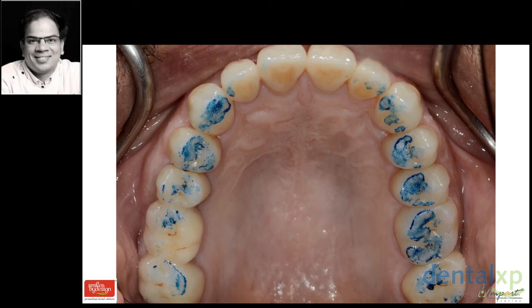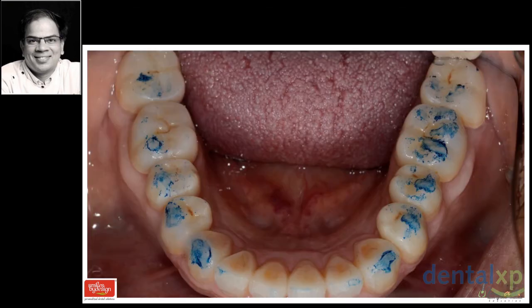So this in effect is also a canine protected occlusion, but here instead of starting from MIP and looking at the canine at the end of the cycle, I am asking the patient to chew and letting the contacts be there on the canine and maybe the premolar, but not on the other teeth, especially not on the palatal surface of the buccal cusp of the upper teeth. And same in the lower jaw, whatever contacts you see here on the buccal slope of the lingual cusp of the lower teeth, this arrow and this one over here, that needs to be taken off, and all the aspects